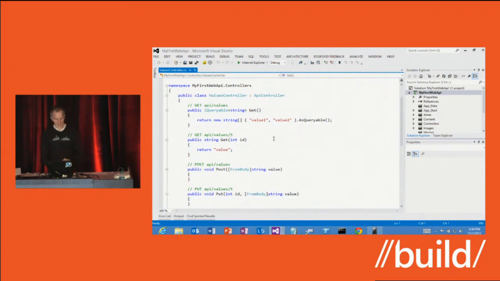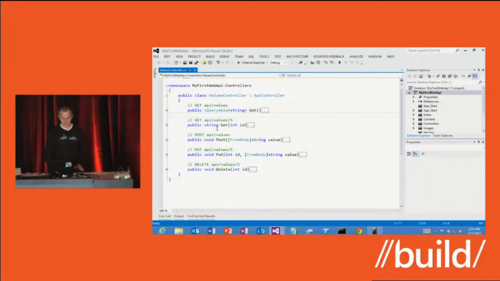So what did I get? You'll notice that I was given a sample API controller. If you're familiar with MVC, you'll notice that this is not a controller, like big C Controller. This is an API controller. It is a controller, and it follows a lot of the same patterns and practices that you might be familiar with when working with MVC. But it has some differences, because the idea here is not to serve up UI and HTML, but to actually create a service. And we've optimized the dispatcher and the programming model around that scenario. So you derive from an API controller. This is a simple values controller. It just serves up some static data. Let me collapse the definition so you can see what's here.